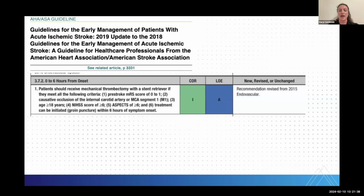And we include in these guidelines mRS, which is a patient's baseline function of 0 to 1. And then we talk about large vessel occlusion territories, which I spoke about earlier, which is the ICA, M1 segment of the MCA, and then, as I mentioned previously. We also talk about the NIHSS score of equal to or greater than 6. And this is something that is changing currently, so I'll go into that when I talk about the future. We talk about ASPECTS of greater than or equal to 6, and treatment can be initiated within 6 hours of